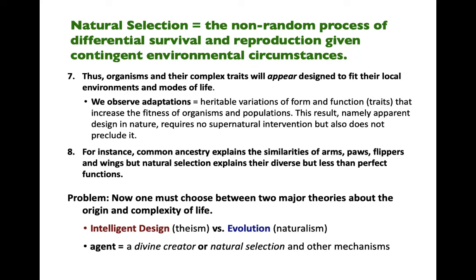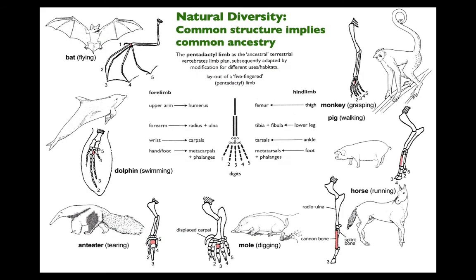Here's the problem. Now you have to choose between two major theories about the origin and complexity of life. Intelligent design, God did it theism, or evolution. No gods necessary, it's possible without supernatural forces, naturalism, where an agent is going to be a divine creator or natural selection and other mechanisms. So we can also say that natural selection is an agent, although it's not like a person with intentions or plans. Okay, so what we want to explain is this sort of diversity of form and function we find in